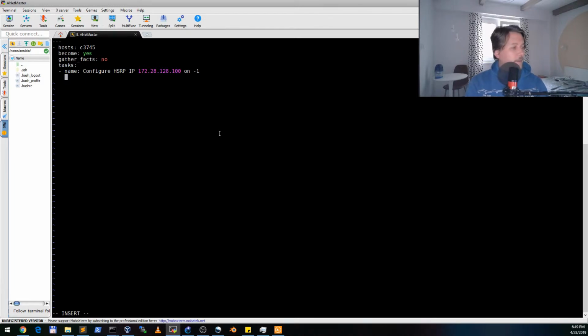So what do we need to do? We need to use the ios_config module, and this ios_config module needs to have the specified lines which we want to apply. So how do we configure HSRP? We have one interface configured, and I would like to enable this protocol on that interface. So what I need to do is to specify a standby group with an IP 172.28.128.100, and I would like to say standby priority 100